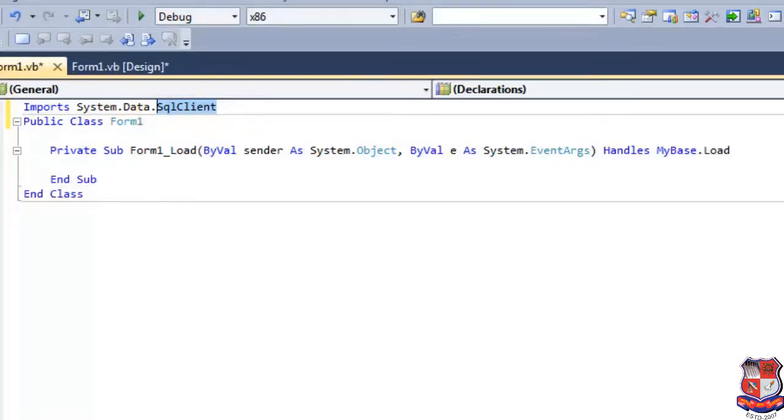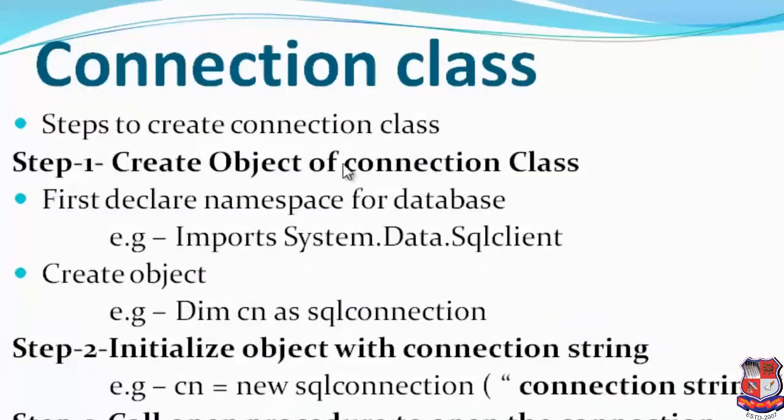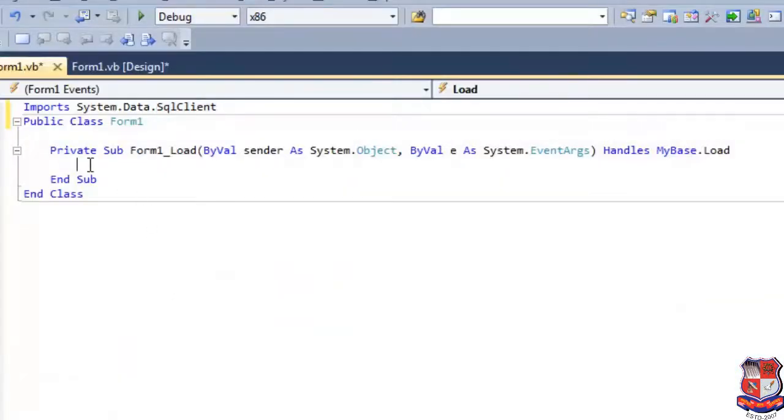So the first step, create an object of the connection class. First declare the namespace for the database; we have declared Imports System.Data.SqlClient, and the next step is to create the object. As we saw in the last video, for the connection class we have to declare its object.